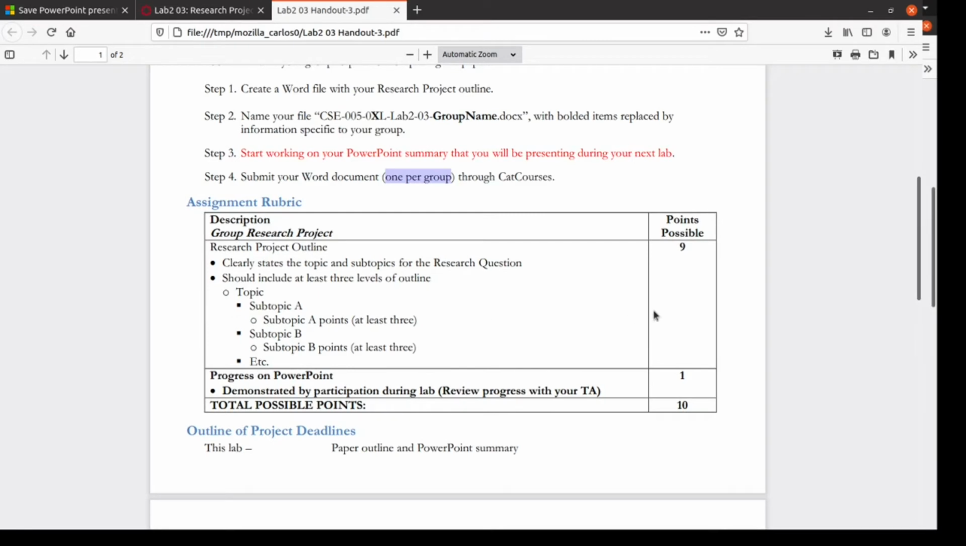So if we look at the rubric, the first 9 points is for your research project outline. And so the outline will roughly look like this. You'll have some bullets, maybe stating some of the background information, and then your actual topic, and then each subtopic. So you should have a subtopic for each member, and then each subtopic has its own points, and these will